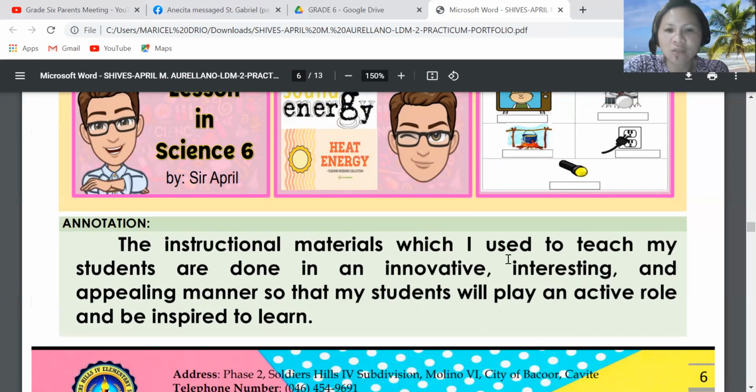The instructional materials which I use to teach my students are done in an innovative, interesting, and appealing manner so that my students will play an active role and be inspired to learn. Ayan. So, very good. Actually,